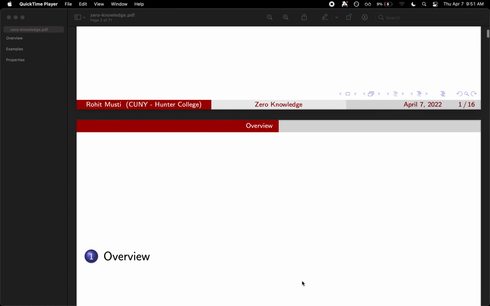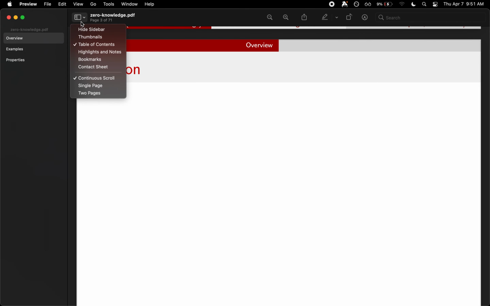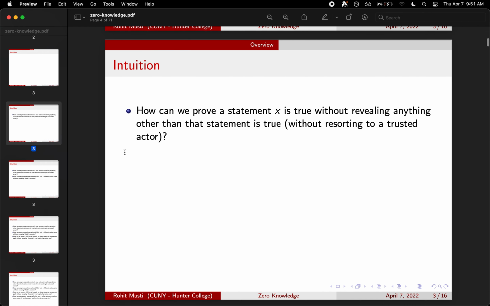Okay, so let's begin. Start with the overview. And I'd like to also start with some intuition. So I'd like to ponder for a moment on this question of how can we prove a statement X is true without revealing anything other than that the statement itself is true, without resorting to a trusted actor as well. So that's kind of an abstract question, and I think it would be good to ground us